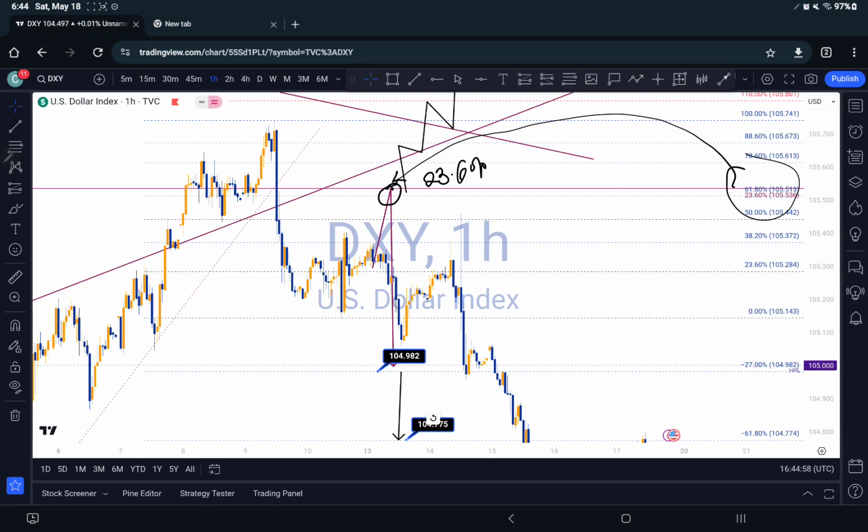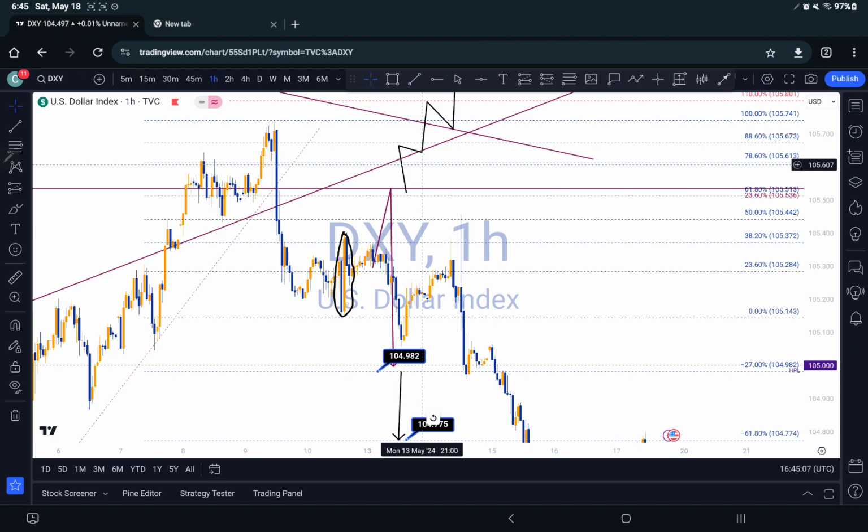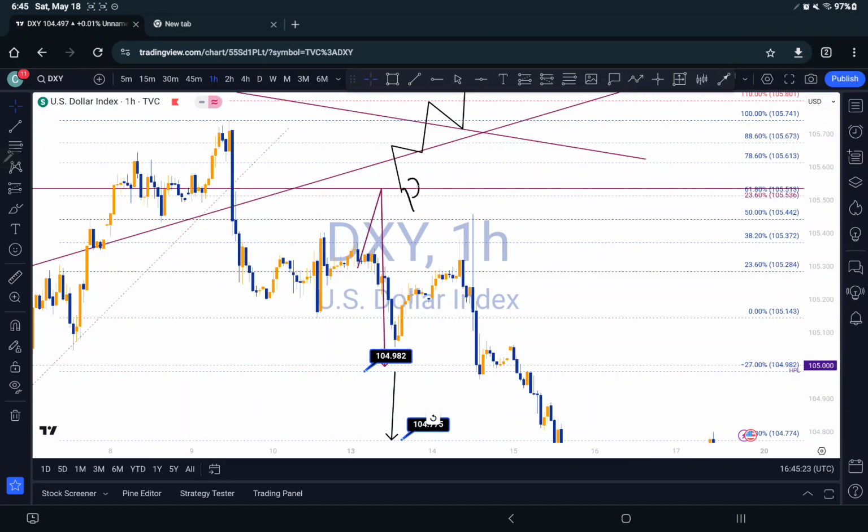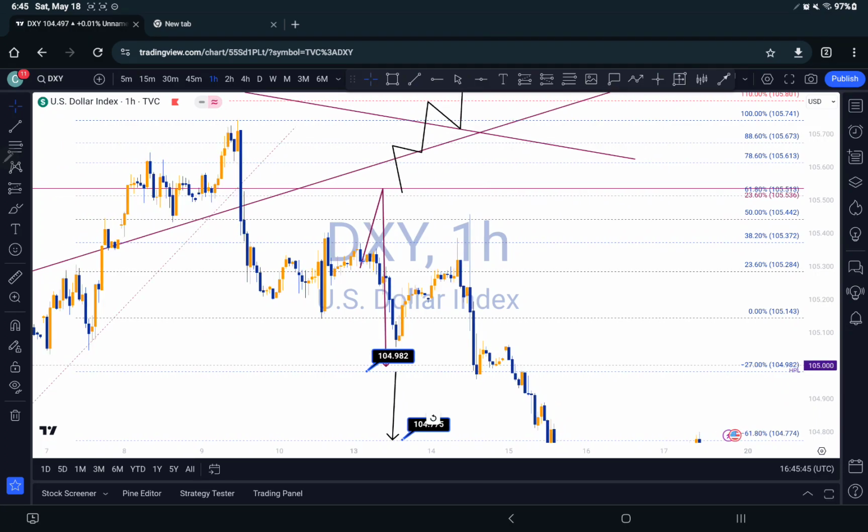And my reason was because we can see that we had this beautiful bull impulsive candle right here. So I was saying there's a possibility for it to actually continue and give us the impulse correction, some sort of continuation to give us this pattern for it to continue to push to the downside. And the best point of interest for me was around this area right here. That is a possibility for it to actually push up to around this area right here before tanking to the downside. That was my initial